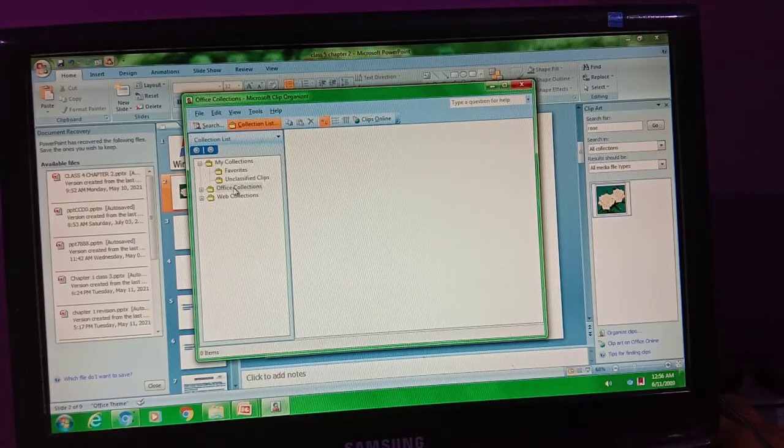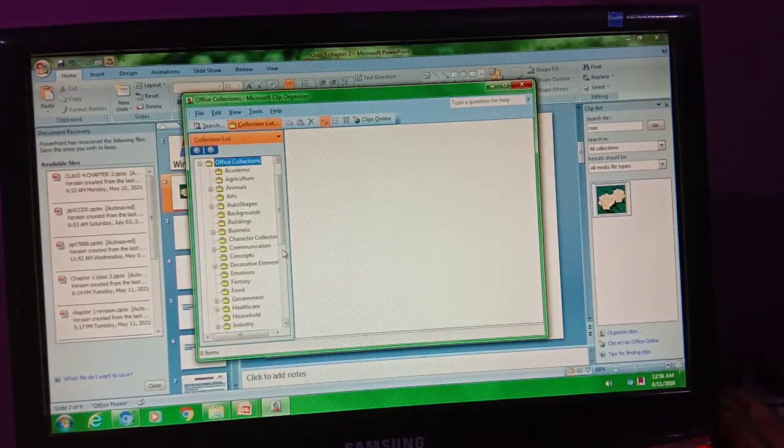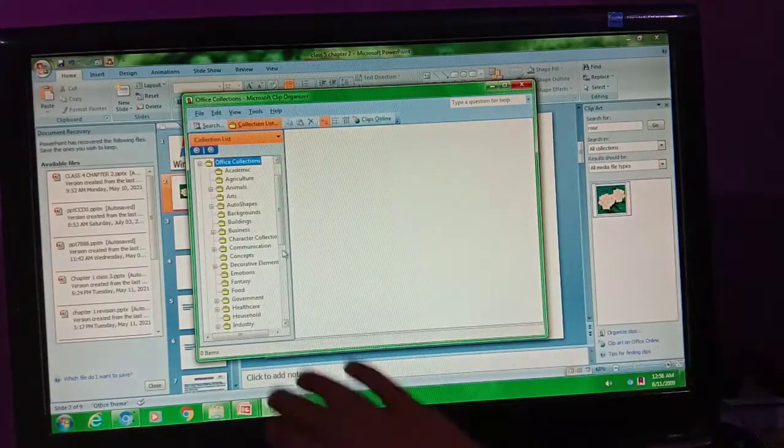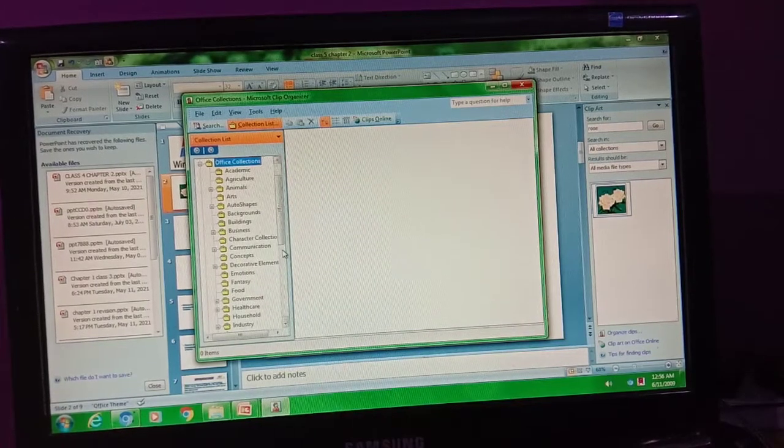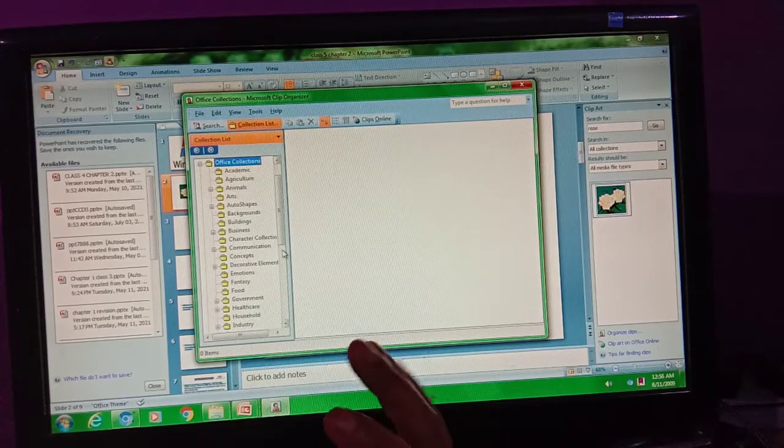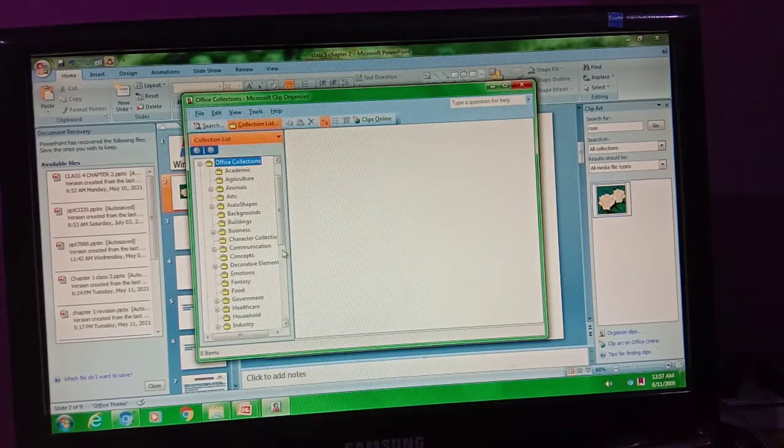Here you need to click on the office collection. As you click on the office collection, so many sub folders will come, and in these folders there are different types of clip arts. For example, agriculture related, animal related, academic related, auto shapes, buildings. So whatever you want you can select.